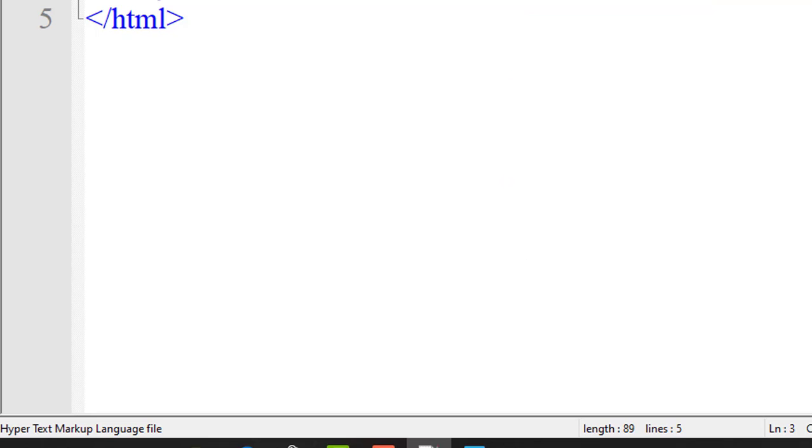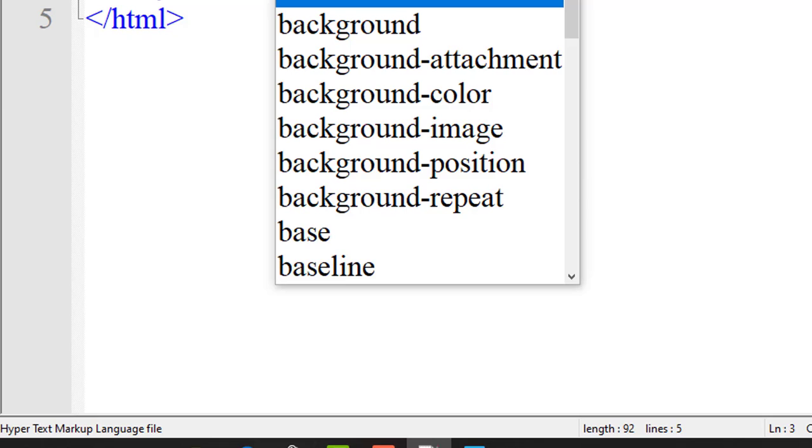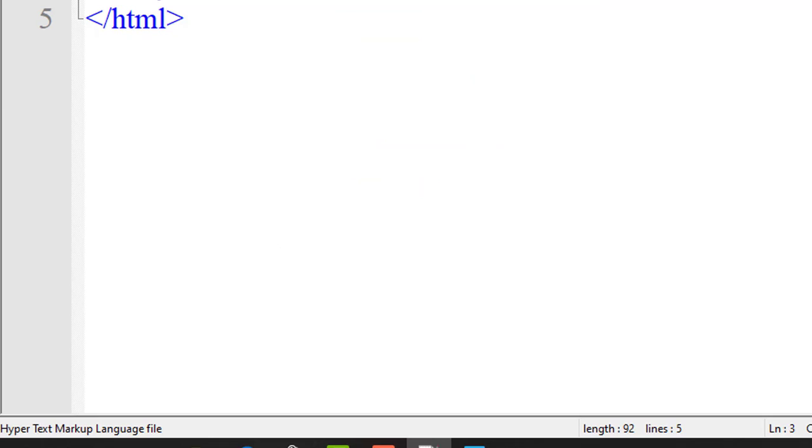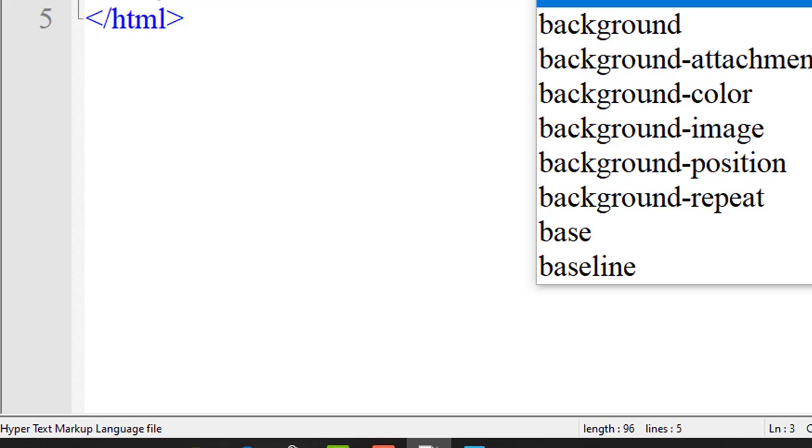I want it in bold form, so bold tag open, bold tag close. Just save this and run it. Just refresh. Okay, Jan classes is done.